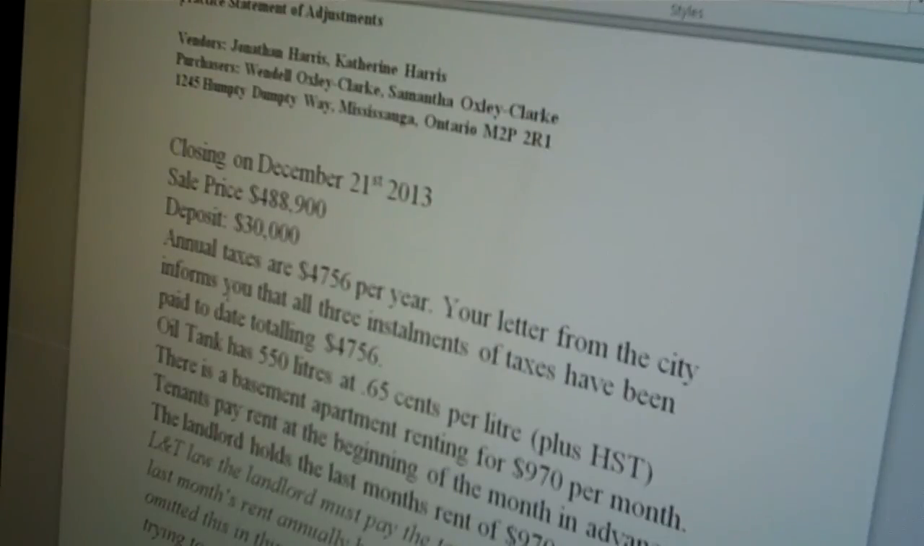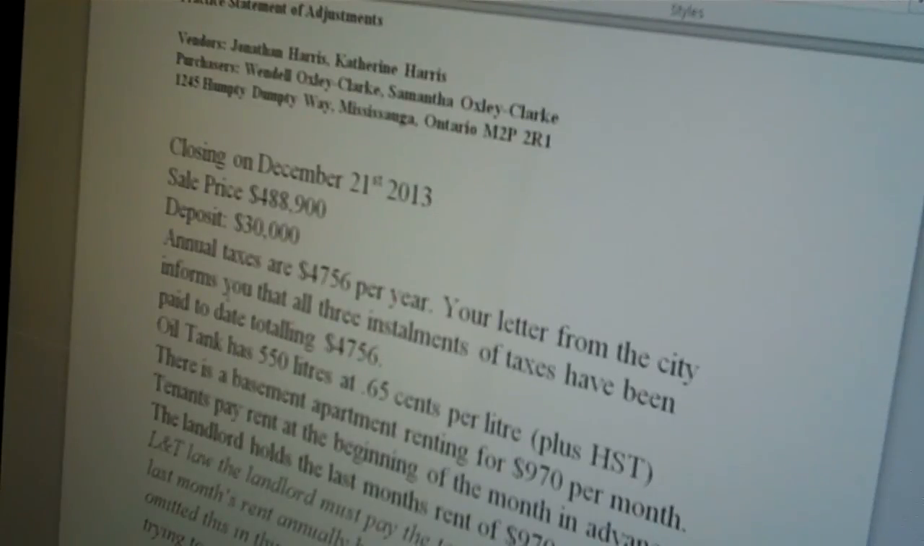So the taxes in this case are $4756 per year. And as a diligent solicitor's office for the purchaser, we write to the city to get a tax certificate, and they tell us that we're at the end of the year. They've paid up until January 1st for all of the taxes in this scenario. So they have paid the entire taxes, but we've got to adjust for the amount that the vendor has overpaid the taxes,